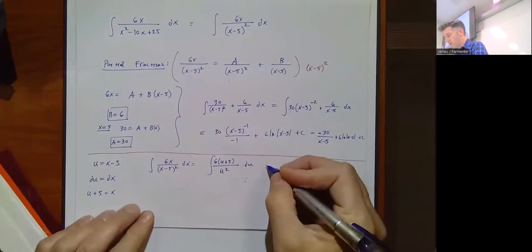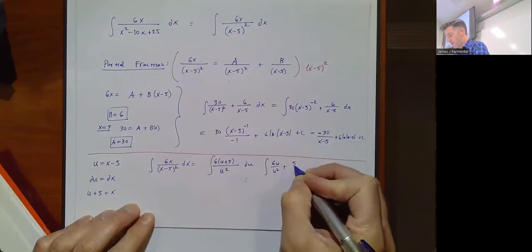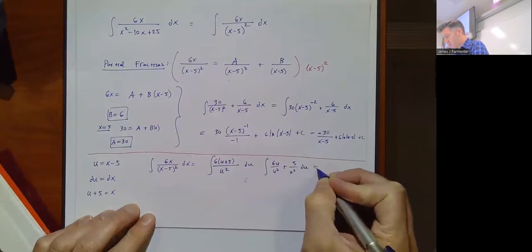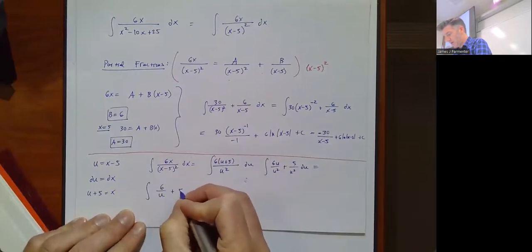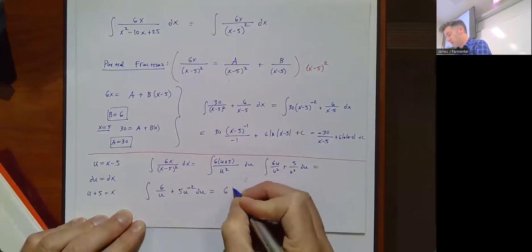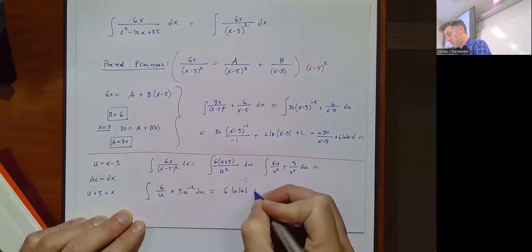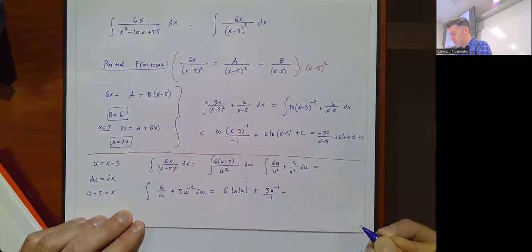So doing it this way, we have the integral of 6u over u squared plus 5 over u squared, or simplifying a little bit, 6 over u plus 5u to the negative 2. And the integration is still essentially the same. You get 6 natural log of the absolute value of u plus 5u to the minus 1 over minus 1, which ends up being,